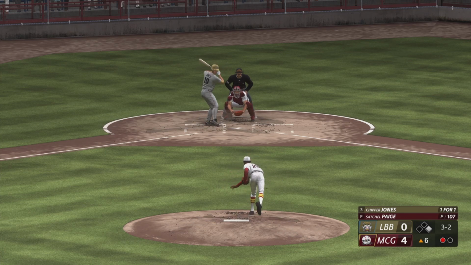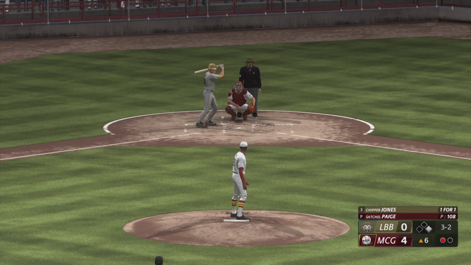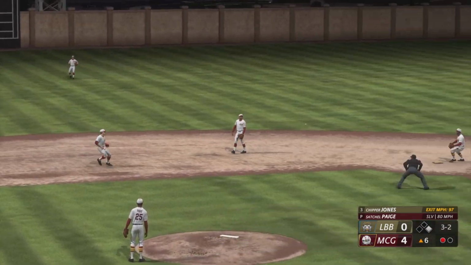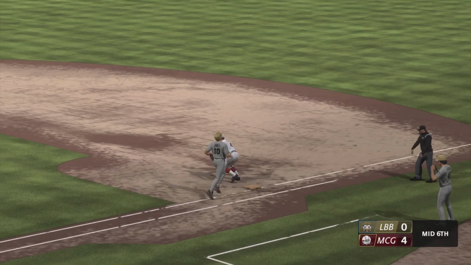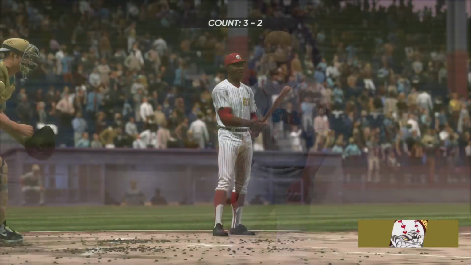3 balls, 2 strikes the count. Good job to fight that one off. Kicks and fires. Grounded to third, could be 2. Over to Jackie, they get 1. Double play, and that'll do it for the inning. 1 hit in the inning, but back down for the bottom of the 6th, and there's a new pitcher on